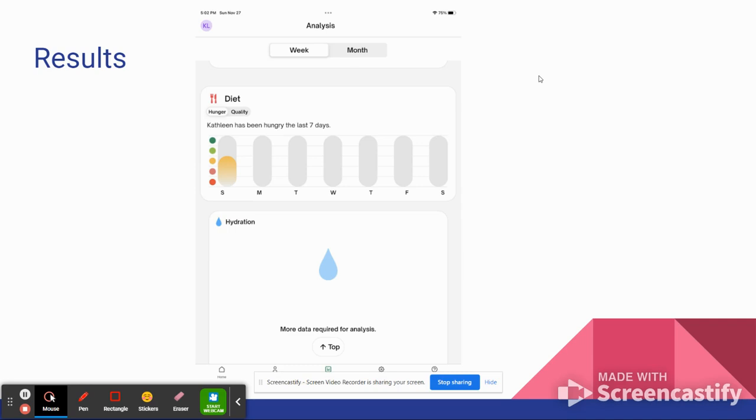So you can track, if you had weekly meetings or monthly meetings, you can choose the data for either the week or the month. So you can go through it. This is really great. I think it's great that it tracks this progress so that you're able to really see the progression of a student. If you look at diet, or like we have on the last page, meltdowns, you can see how the student is progressing or regressing, and think about what you need to do in order to help that child improve or to maintain good behavior.